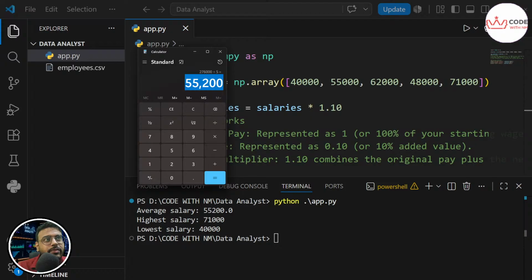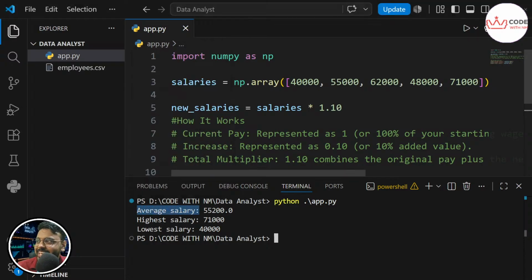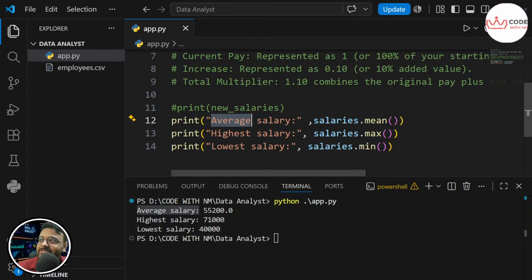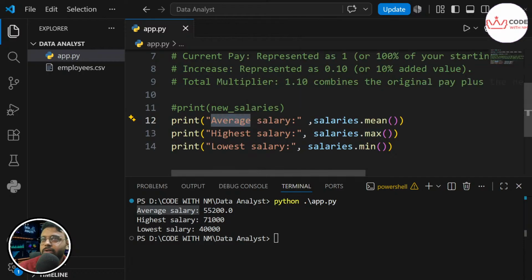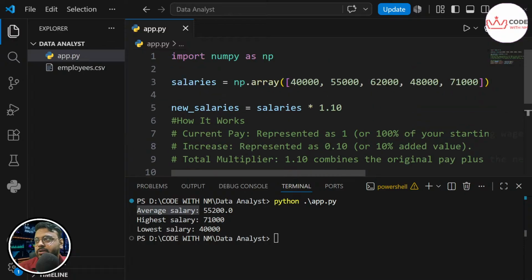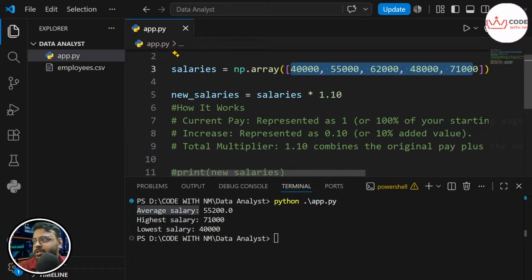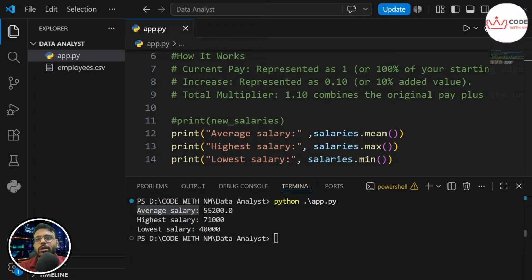So the output is 55,200, which is our mean, the average salary. Here I have written that average salary means the addition of all the items inside the array divided by the number of items. This is the formula for mean itself. Yes, sum of salary divided by the number of salaries. Of course, he is smart enough, and that is the correct answer. The formula changes depending on what is inside the array. So I think everyone now knows what mean is.